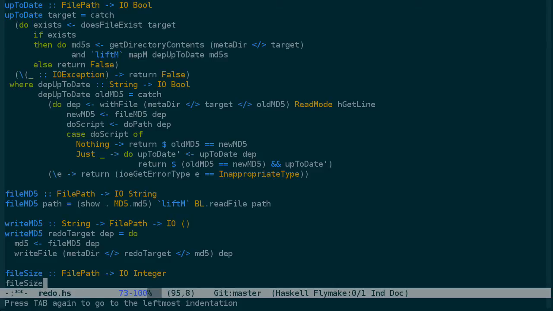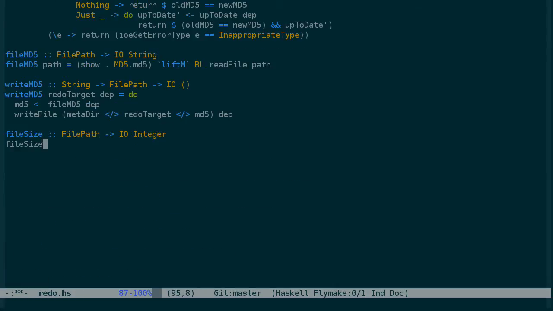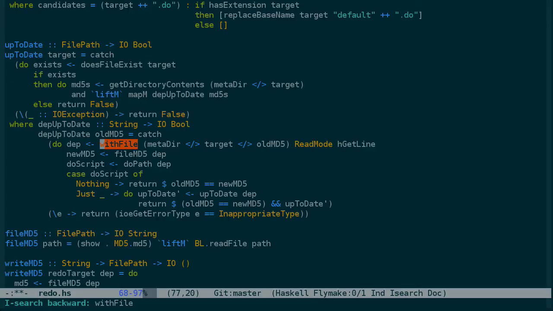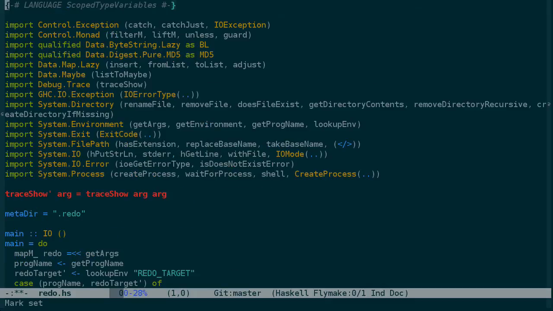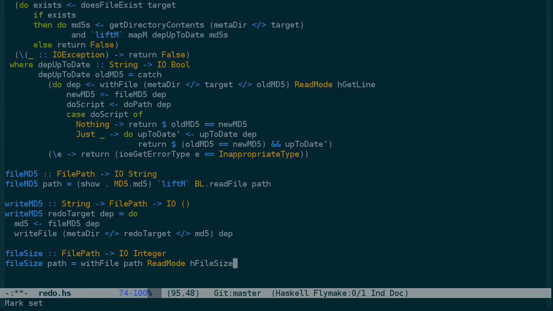So file size, for the path is, we're going to use with file again. Let's just copy an instance we already have here. With file on the path in read mode with, instead of hGetLine, we'll use hFileSize, and we'll import that size. Okay, so